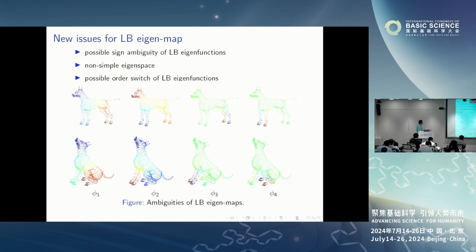But the second one, you see there's a sign change. Okay, so this is positive, here's negative, here's positive, here's negative. You see. And here, the third and fourth, because there's some symmetry between two front legs and two rear legs, there's a switch in the eigenfunction. This one corresponding to this, corresponding to that. Okay. So those are the challenges, but as I alluded already,